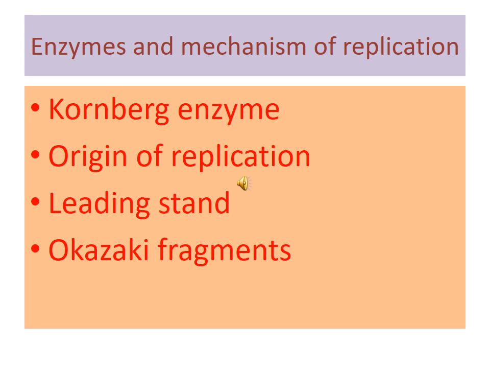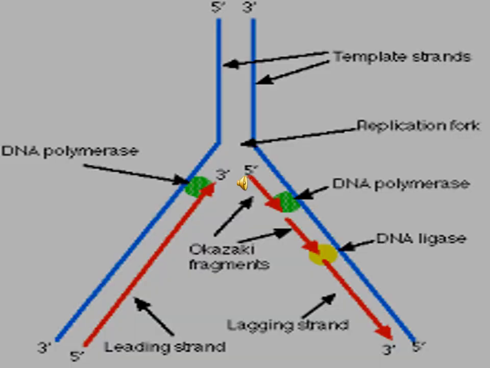Another one, DNA polymerase 1, removes RNA primers and replaces them. DNA polymerase 1 is used to remove the RNA primers and replace them, and also acts on Okazaki fragments, the short fragments, and DNA ligase joins DNA fragments. This is important, so look at the picture carefully. This is the mechanism of replication showing a replication fork, and the enzymes involved in the